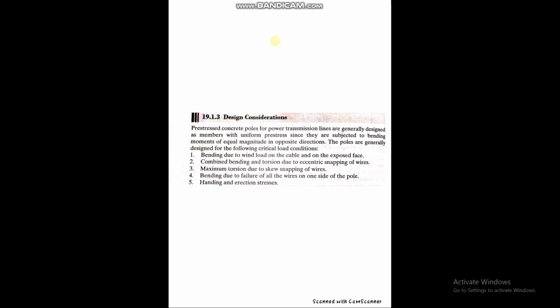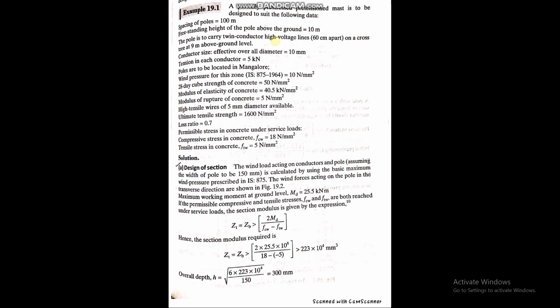What is eccentric snapping, I'll come to that as well. Maximum torsion due to skew snapping of wires, bending due to failure of all the wires on one side of the pole. So any condition that may be generated due to unfavorable conditions for the pole, we need to look into as well. So basically, you have to design the pre-stress pole considering all the unfavorable conditions,